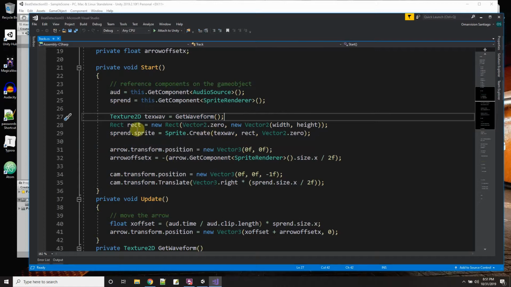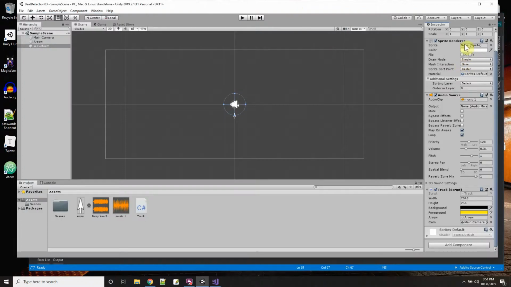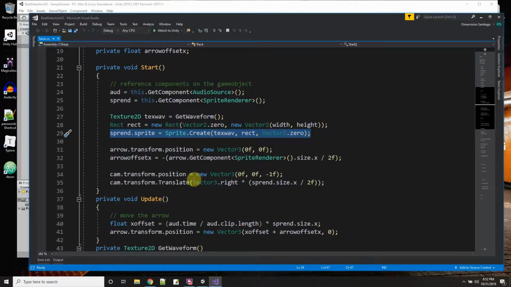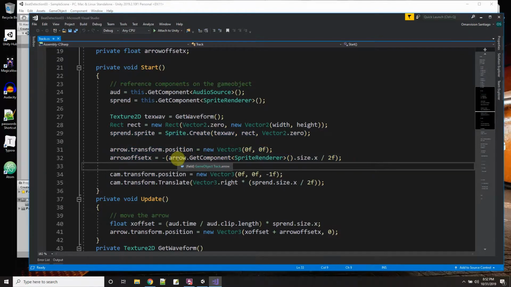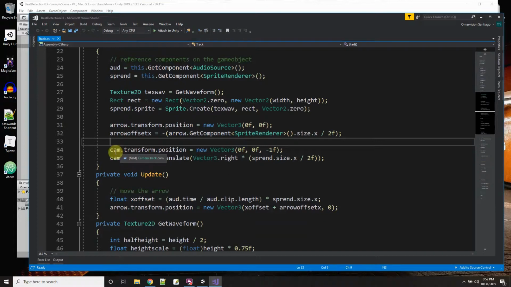So when I do this line right here, basically what it's doing is it's going to define the sprite right here for the waveform from the texture I made. All right, now down here, we get the sprite renderer for the arrow sprite, and we divide it by 2 to see how much we have to move over the arrow offset X that I talked about. Okay, and then over here, the camera,